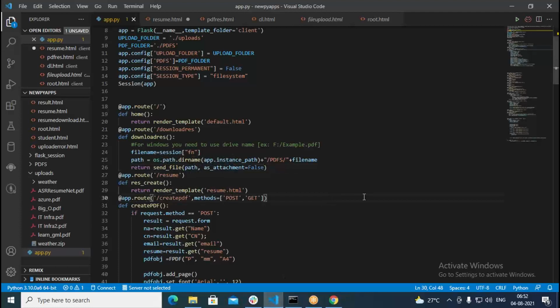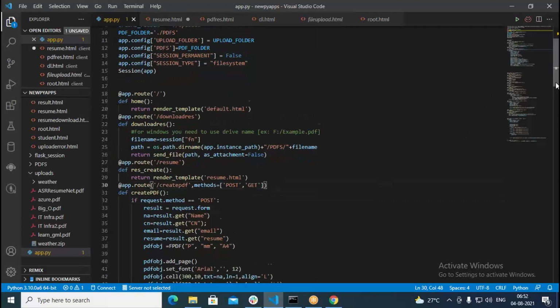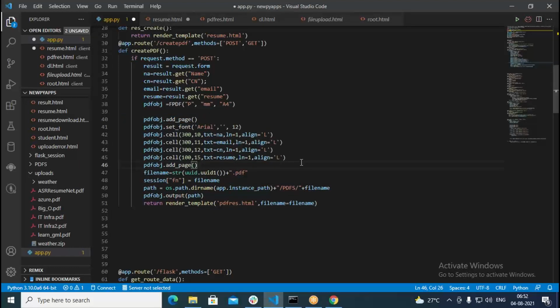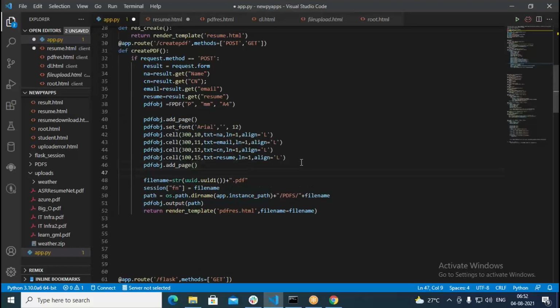Now suppose you want to create one more page. In such cases, we can add another page also, so we go with add page. One more page we can add after this. So here we add one more page: PDF dot add page, followed by we set the same font.